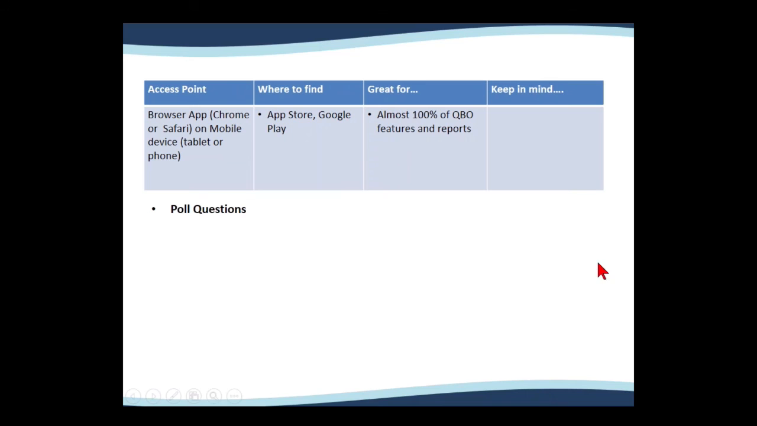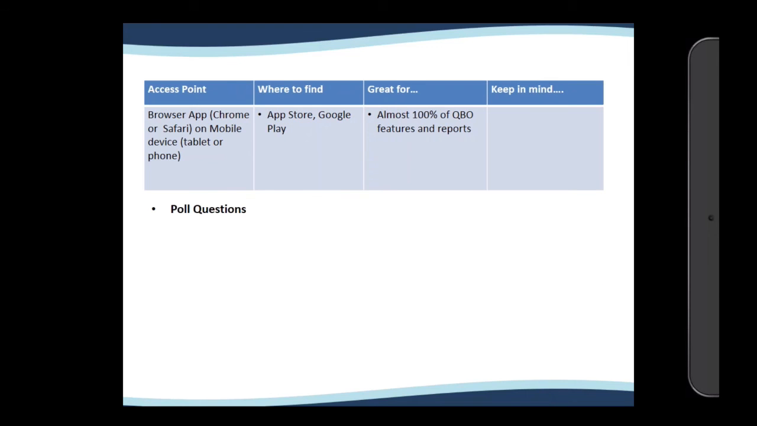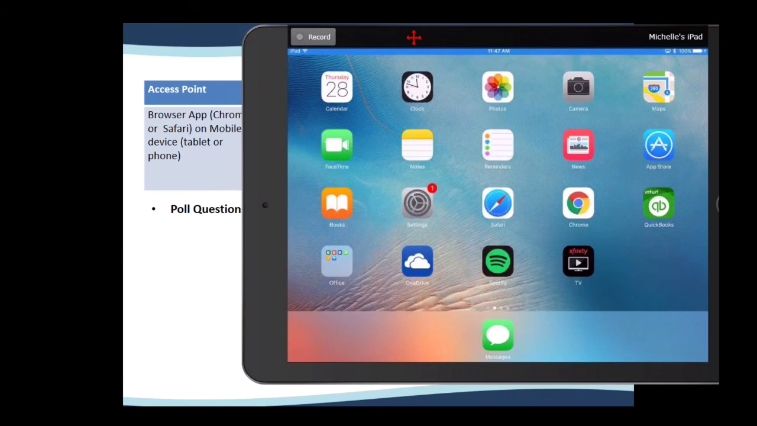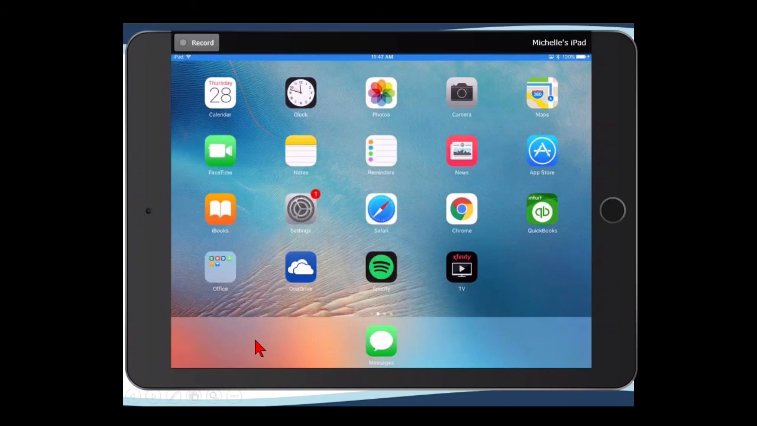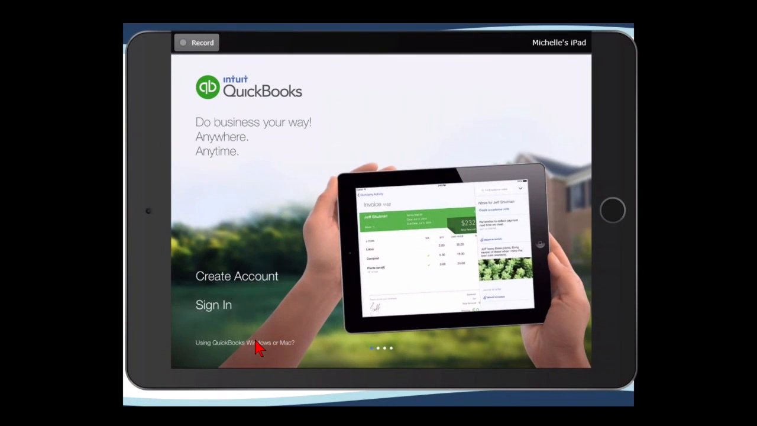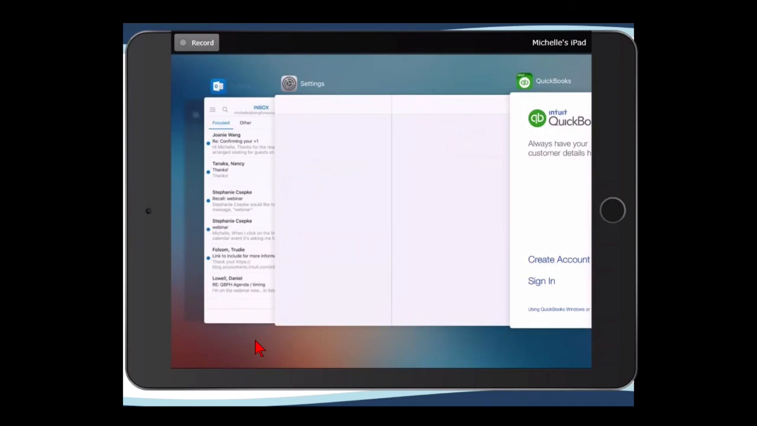Okay, so let me go ahead and show you this. So just a second here. You guys should be able to see my iPad now. Do you see my iPad? Yes, so see right here, this was the QuickBooks Mobile App. Now, I don't actually want to go in through the mobile app, though, because remember, that's more limited. So I want to go back to my home page,